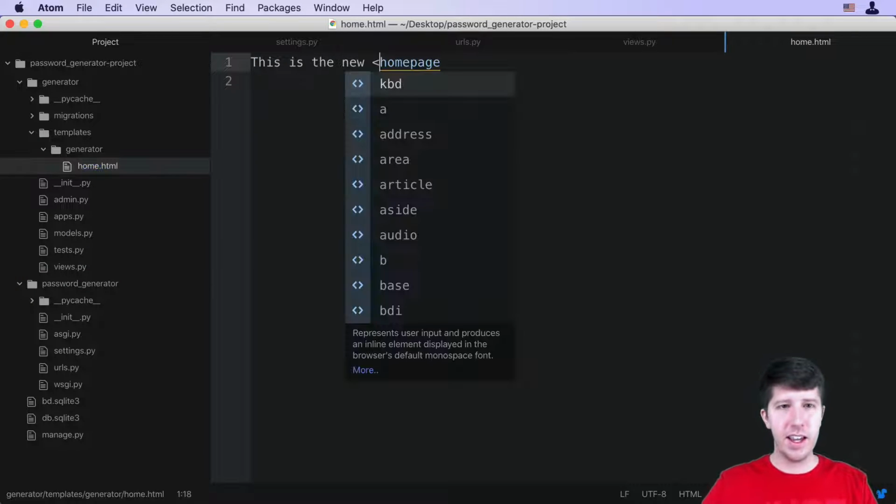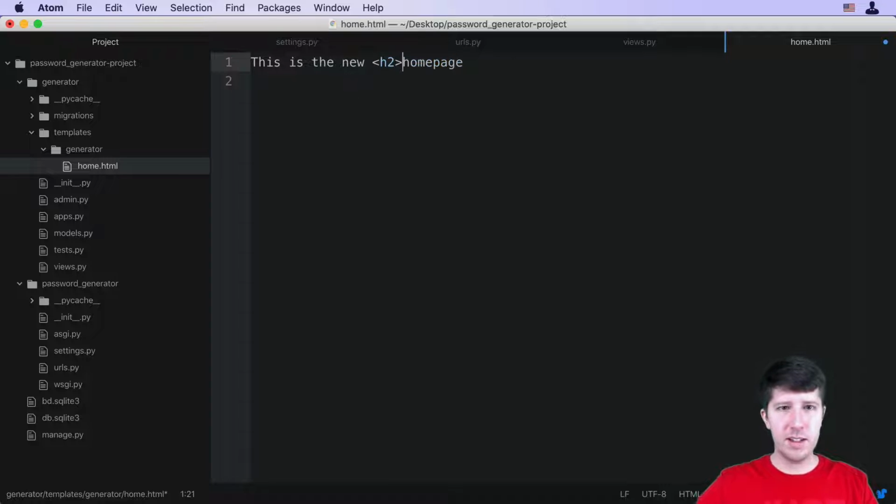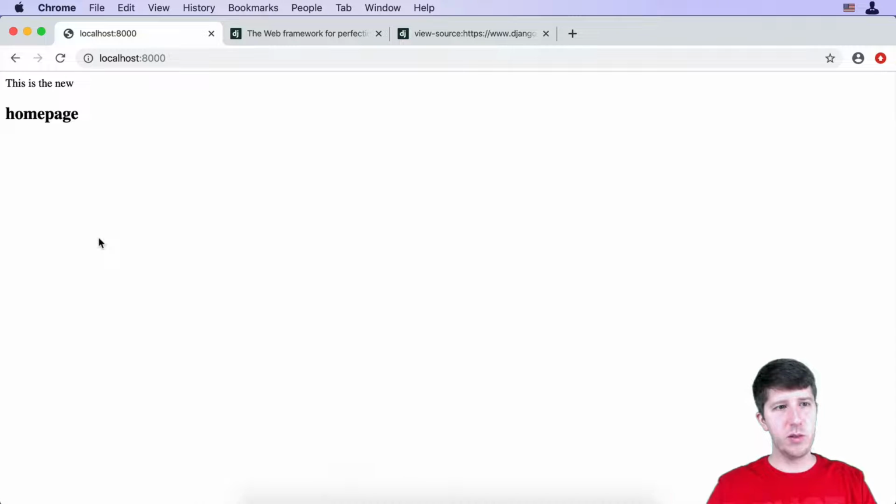If we want to see if this is really working, let's put this home page here inside of an H2 tag. We'll hit save. Reload this page, and ooh, you can see that's bold now and it's on its own line, cool stuff like that. So I will mention here, I'm going to try and explain stuff about HTML, CSS, and JavaScript